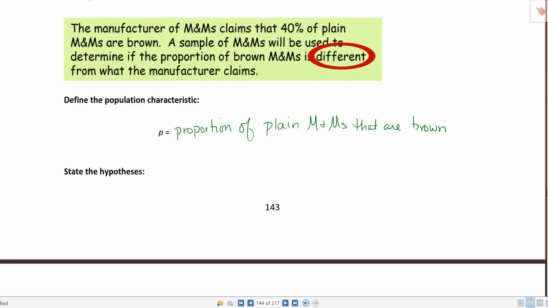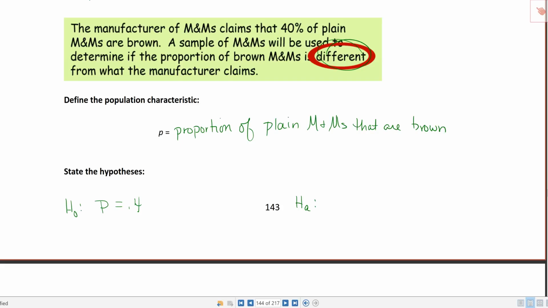And then we want to state the hypotheses. So we need a null hypothesis and we need an alternative hypothesis. The manufacturer is claiming that 40% of the plain M&Ms are brown. So the proportion of brown M&Ms is going to be 0.4. That's our null hypothesis, right? It's what we believe to be true. So it's what the company has claimed